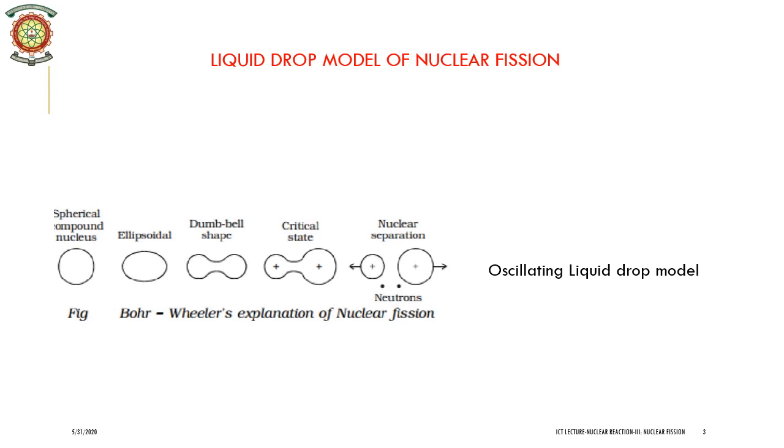I will devote this slide to an explanation of the nuclear fission on the basis of the liquid drop nuclear model. Niels Bohr and J.A. Wheeler offered an explanation for nuclear fission on the basis of the liquid drop model. A nucleus can be considered analogous to a drop of liquid. The nuclear force is similar to the surface tension force of a liquid drop. It binds the nucleons together while the Coulomb repulsive force between protons tends to distort the shape of the nucleus. A drop of liquid, as we know, tends to have a spherical shape due to surface tension forces.